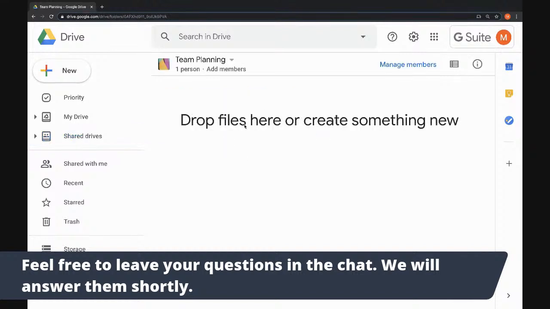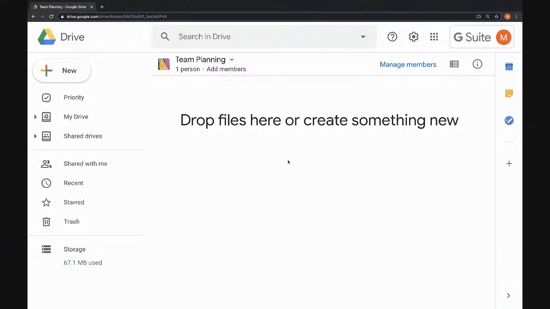So this will automatically open my shared drive for me, and you'll notice that the interface here is very much the same as in My Drive. So you can create and organize folders and files in much the same way that you would in your My Drive, like Kev was just showing you.